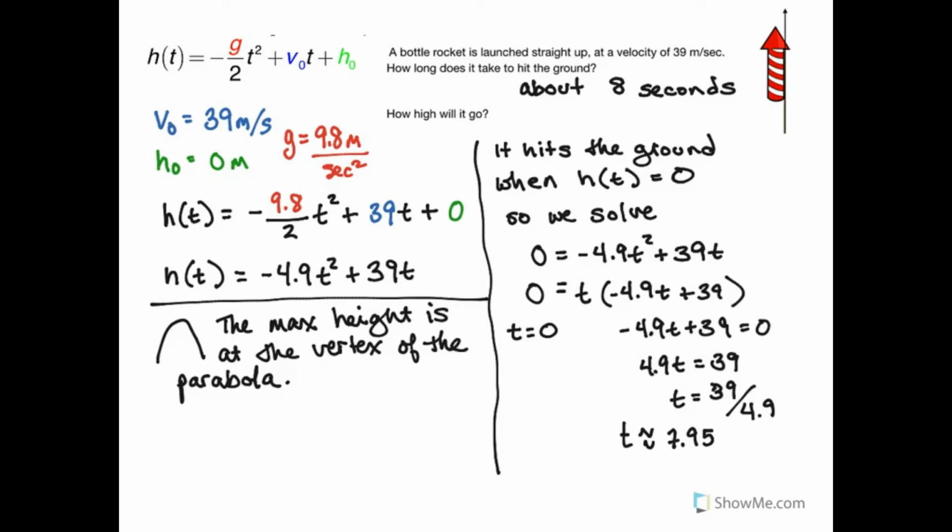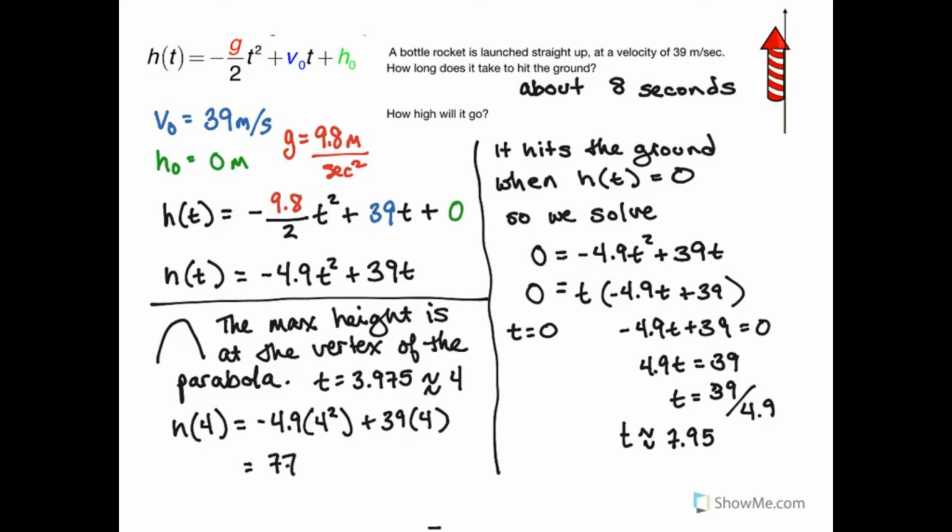Exactly halfway between is when t equals 3.975, so I'm going to round that to 4 and put it in the equation. The height after 4 seconds should be close to the maximum height, and it's negative 4.9 times 4 squared plus 39 times 4. If you work that out with your calculator, you get